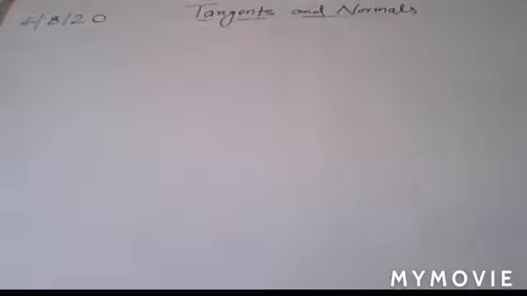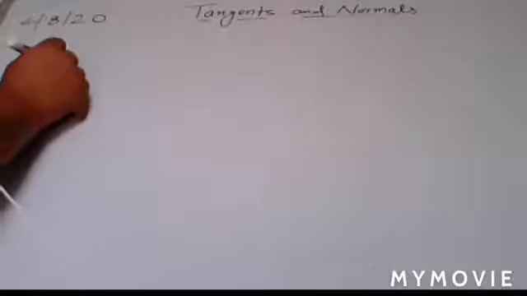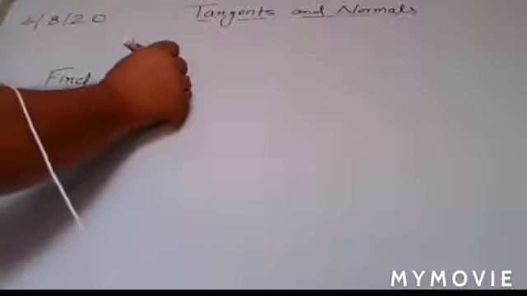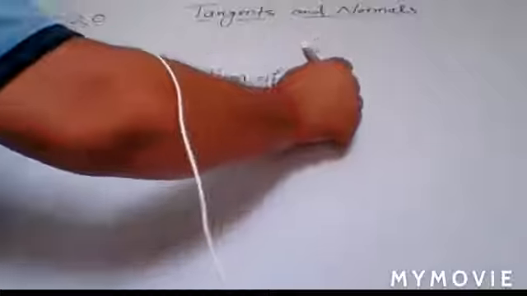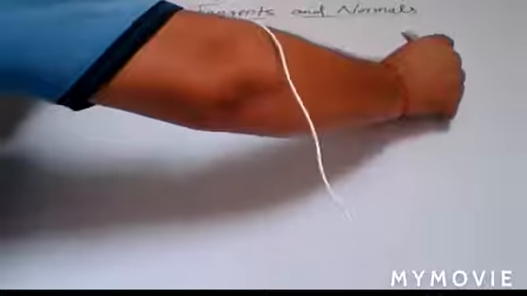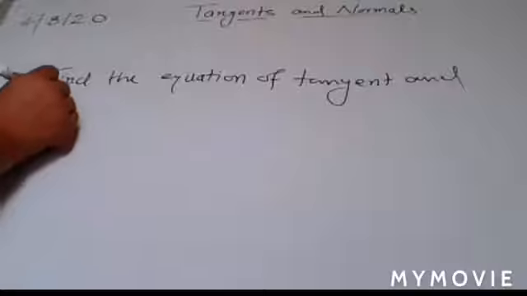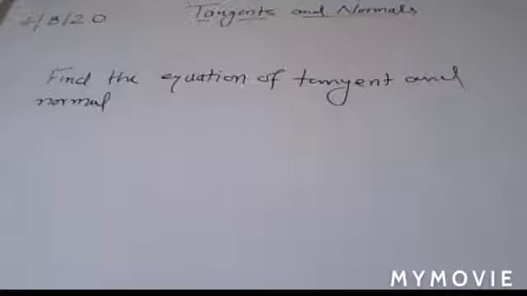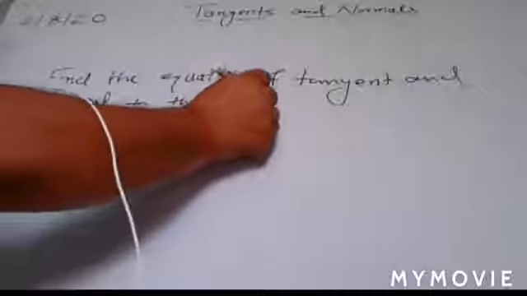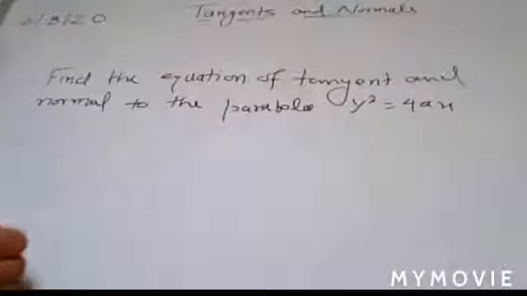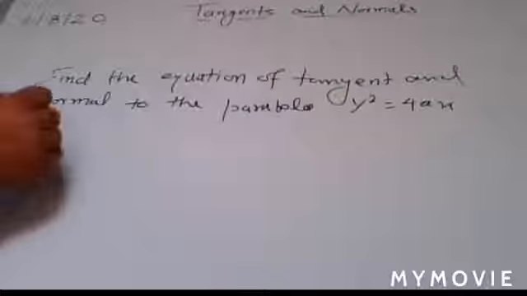Note the question: find the equation of tangent and normal to the parabola y square is equal to 4ax at the point